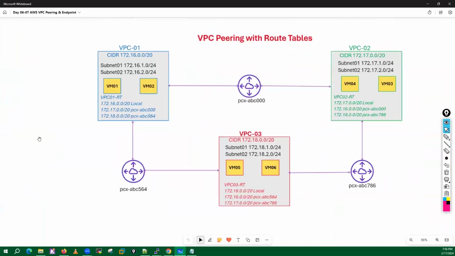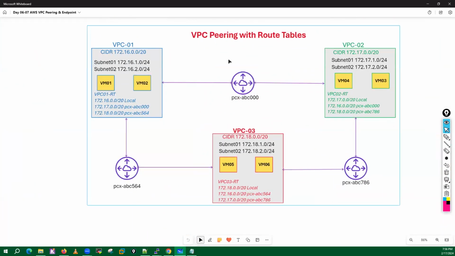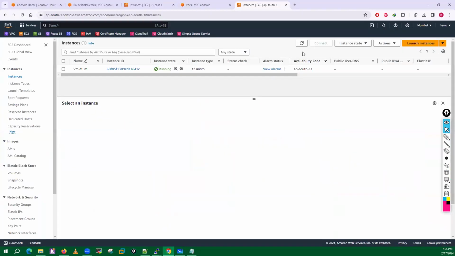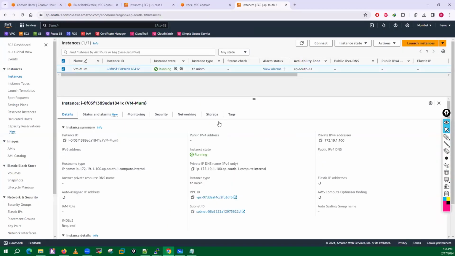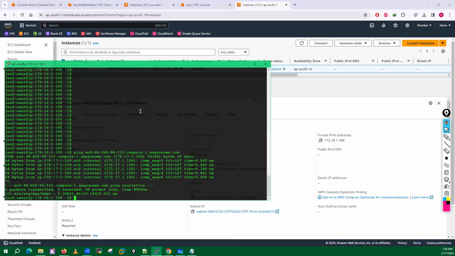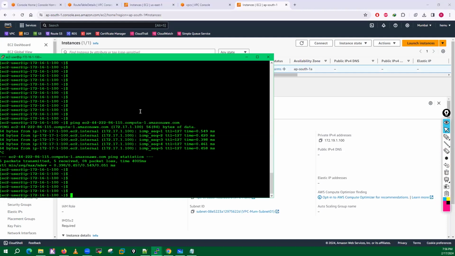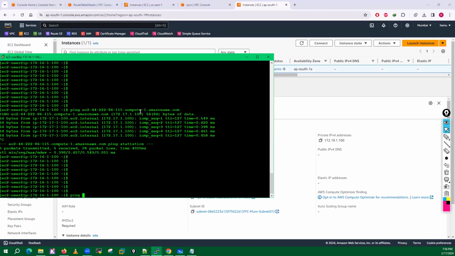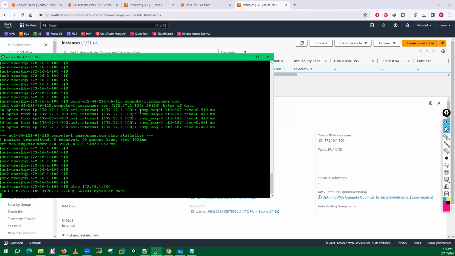Now, this is the route table game, guys. I will explain this route table again in some time. Now let me see if this machine is ready. In this machine, there is no public IP address, right? And if I go to my first machine, on my VPC01, which is a part of the North Virginia region, and initiate a ping, see, ping is not happening. There is no ping.